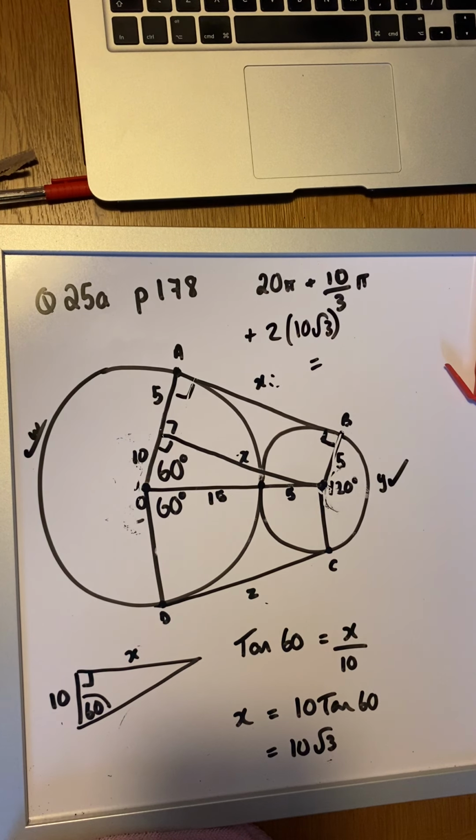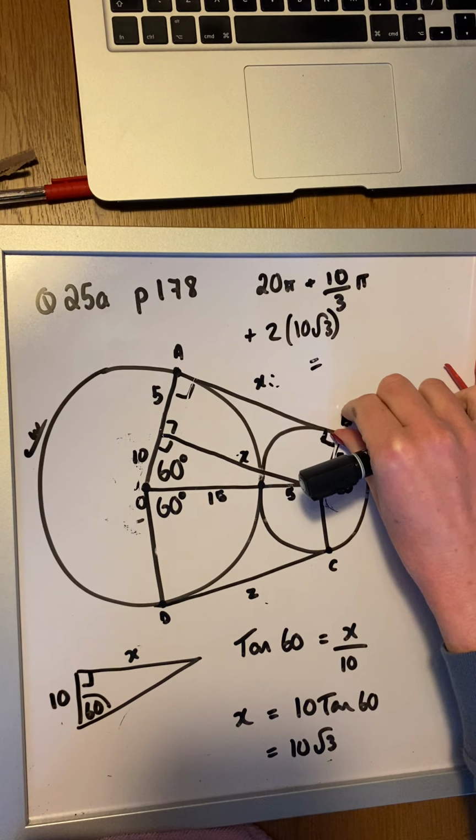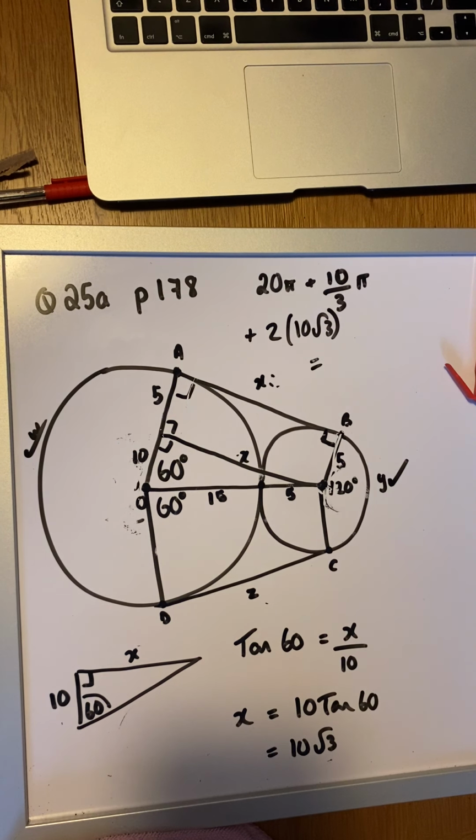Adding those all together, 20 pi plus 10 over 3 pi plus 2 times by 10 root 3, because obviously we have the x, which is 10 root 3, and the z, which is 10 root 3, gives us a total length